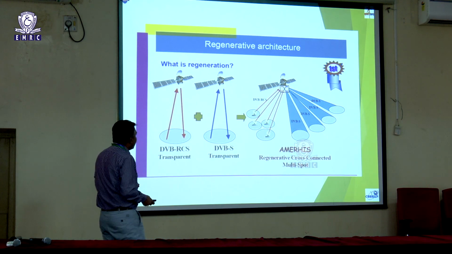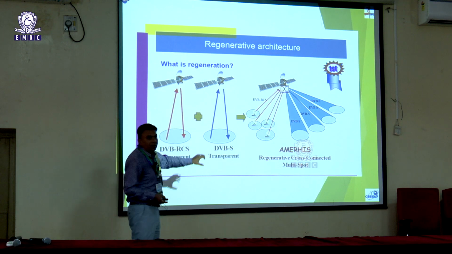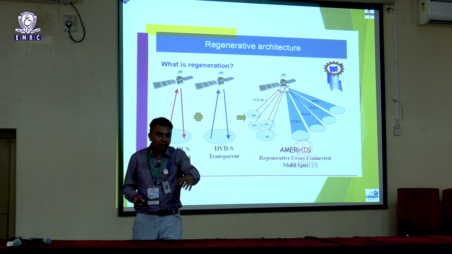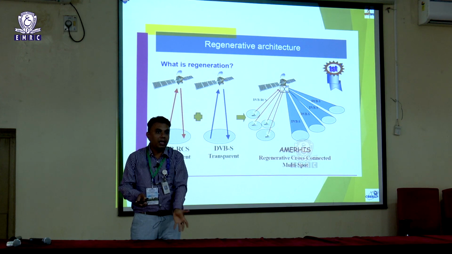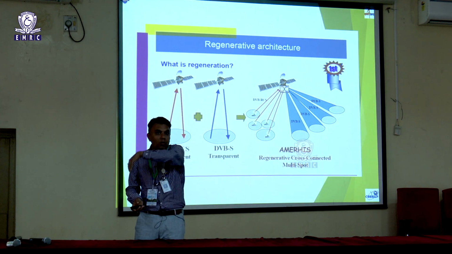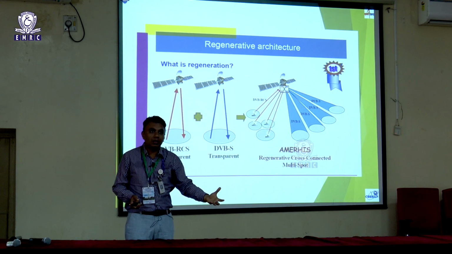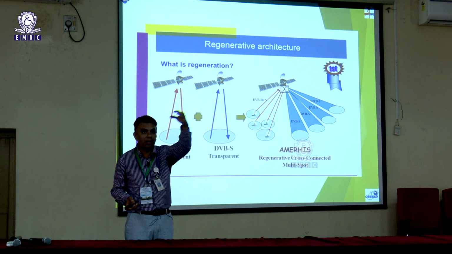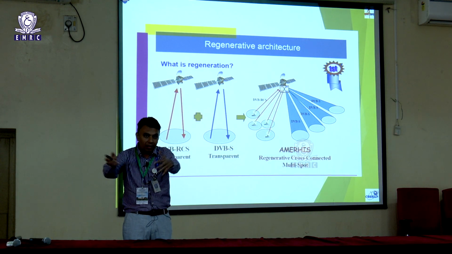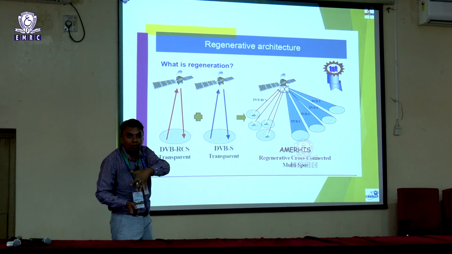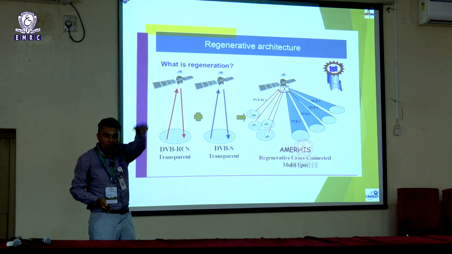But the problem is that in earlier satellites, this is totally decoupled. The RCS channels first go to the hub, and then from the hub all the programs are bunched together, again uplinked to the satellite, and then they go for broadcasting. So there is a 2-hop delay. First the networks send all the programs to the hub, where all the other network players club them together, and then it goes to the satellite, and from the satellite to broadcast mode. So there is a 2-hop delay.